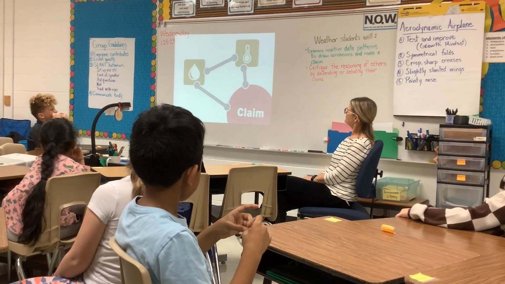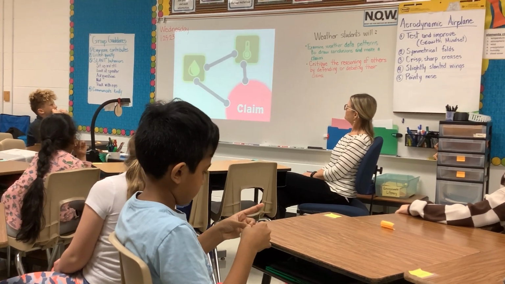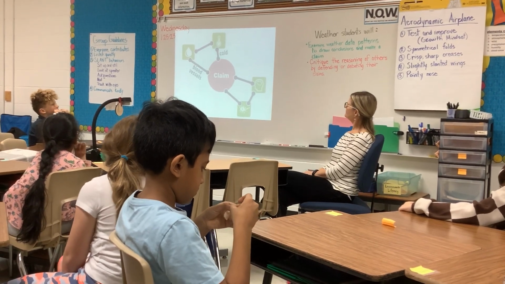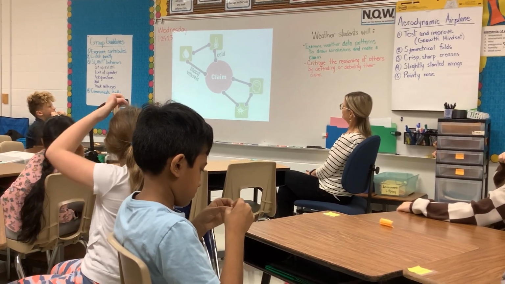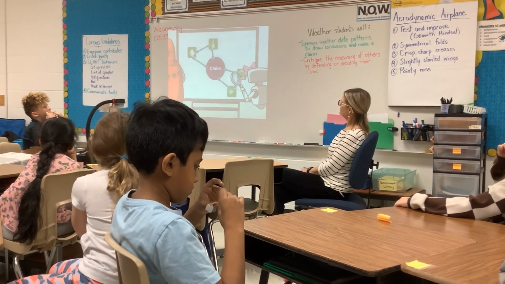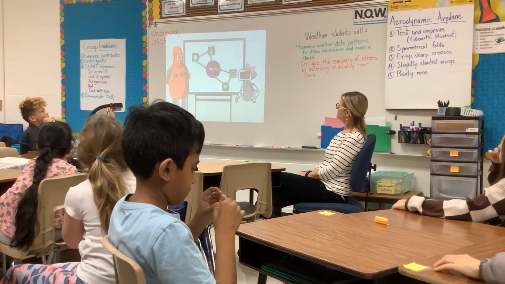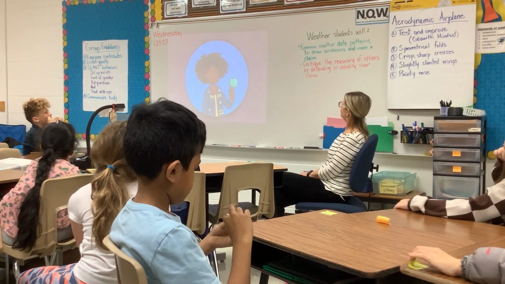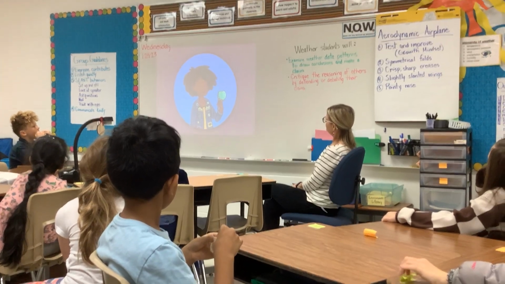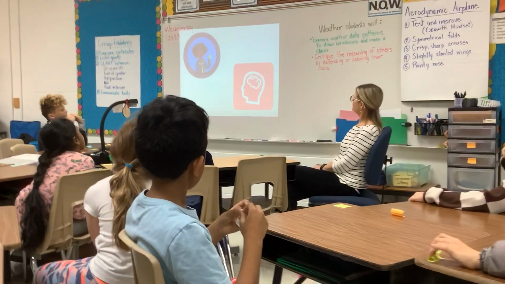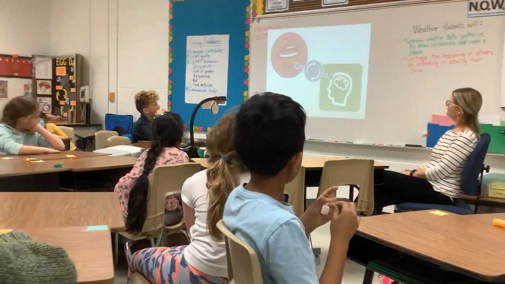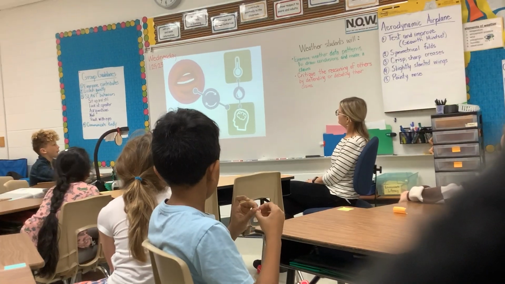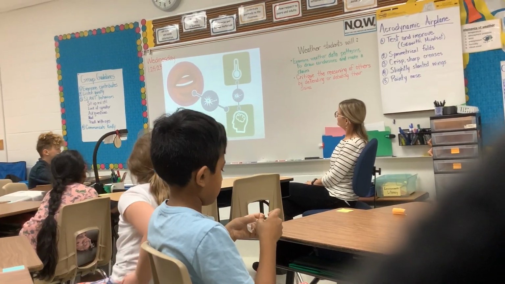This is where you justify how your evidence connects to your claim. That's reasoning. It lays out all of the scientific concepts and definitions that help you piece together your claim from your evidence. That way, others can follow the logic of your explanation or argument. So, if you're making a claim about what causes brain freeze, your evidence might include information about how signals travel from the mouth to the brain, and how changes in temperature affect blood vessels. And your reasoning will likely mention something about the nervous system.